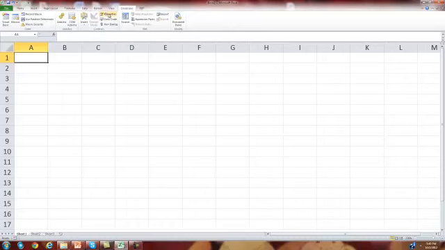Just to make it a quick review, I'm going to go to Insert here, and there are two of them: Form Controls and ActiveX Controls. We don't want to really mess with the ActiveX control. We're going to go ahead and do the Form Control. So I'm going to grab this combo box. Before I actually mess with this, I'm going to go to the second sheet,